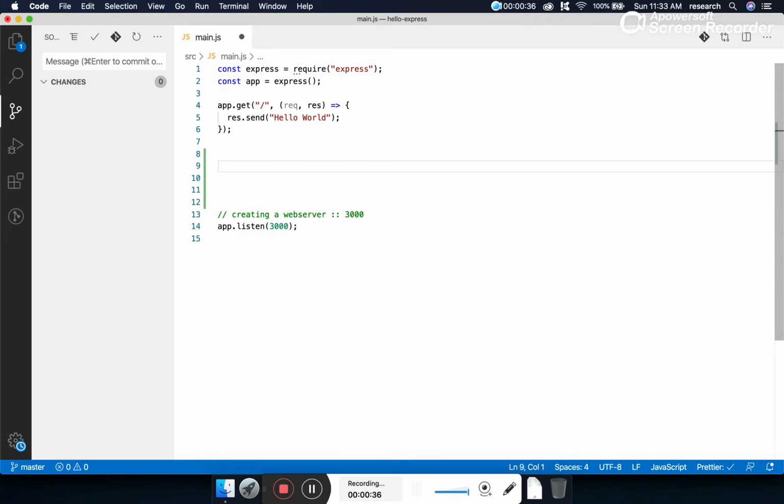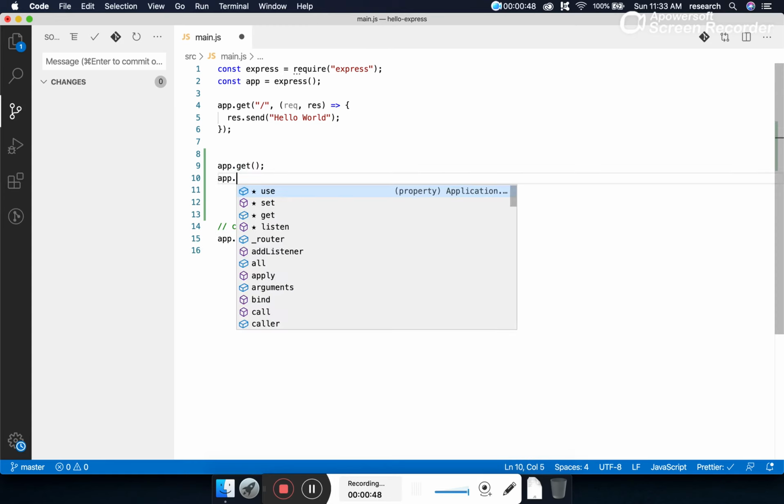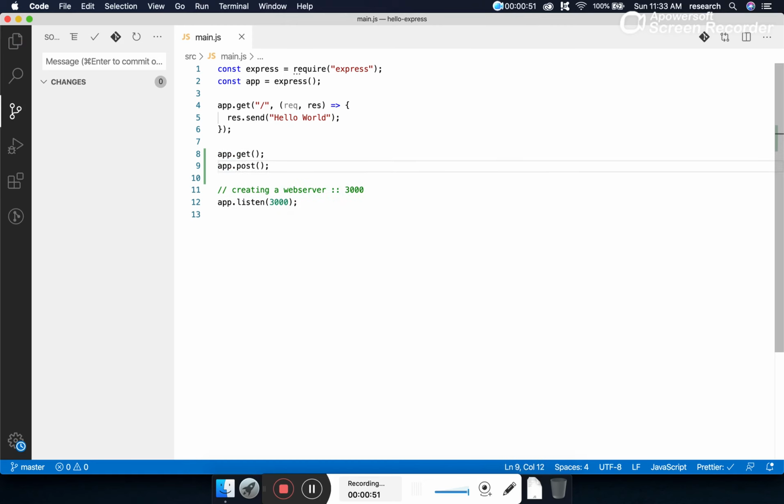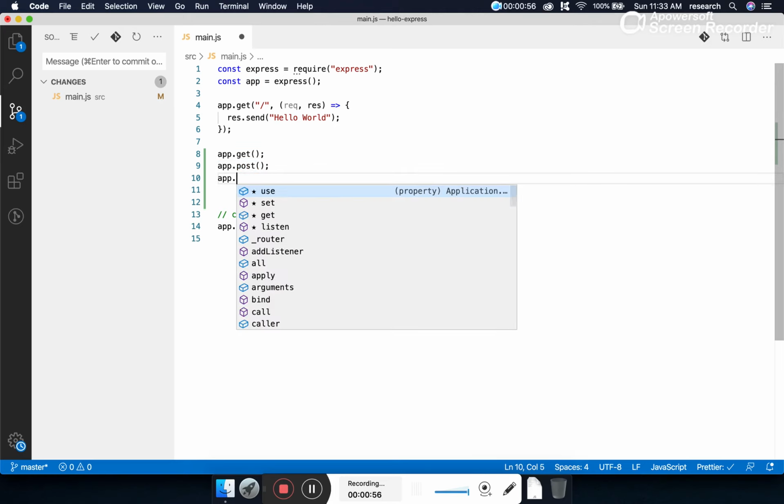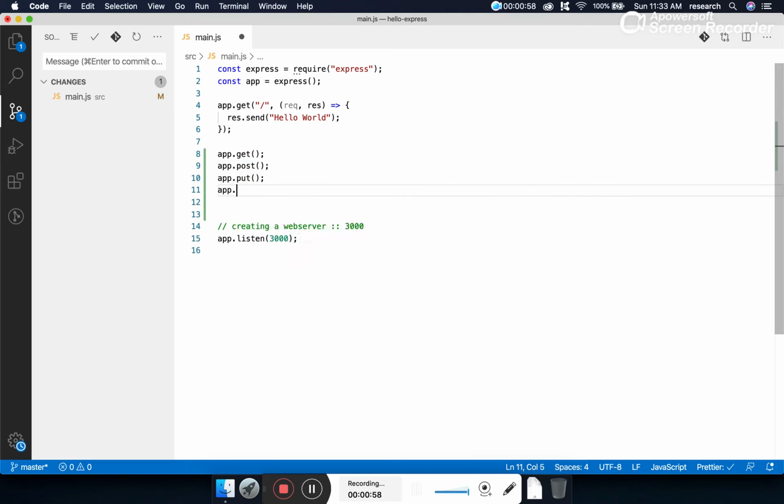So in ExpressJS, how do we serve a specific method? By using an instance of Express, that means app. If you want to serve a get, you use the method app.get. So it serves an HTTP GET request. If you use app.post, we serve an HTTP post request. By put, we serve an HTTP put request, and by delete, we serve the HTTP delete method. So the methods for the different HTTP methods are very simple in ExpressJS.